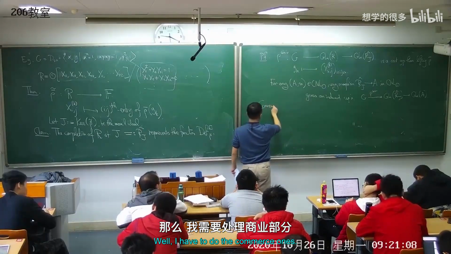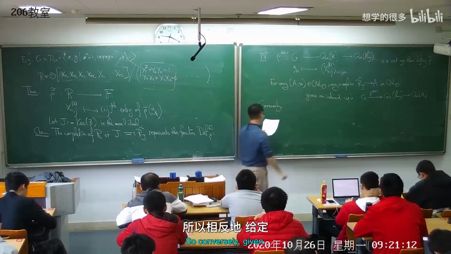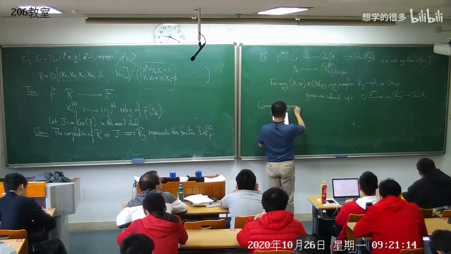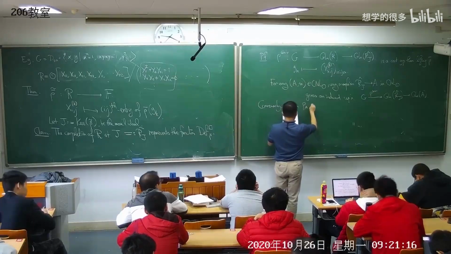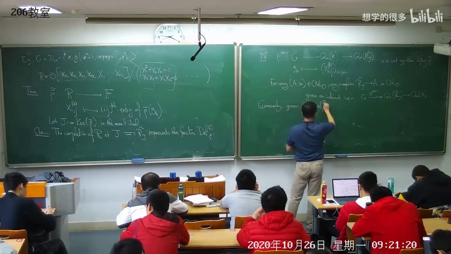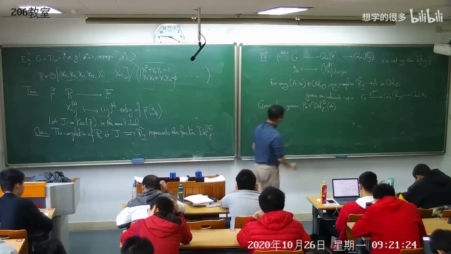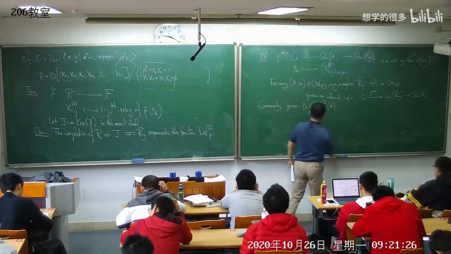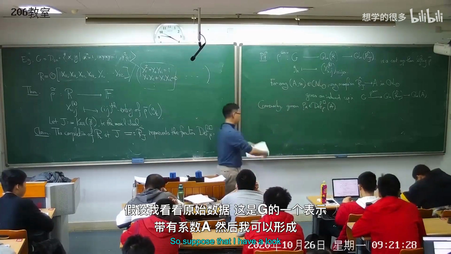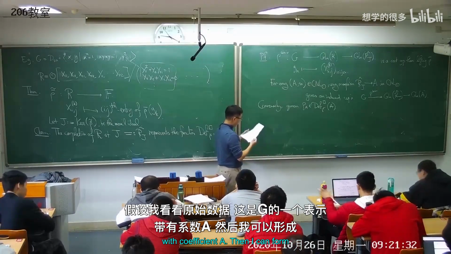Now I have to do the converse one. The converse one is the more difficult one. So conversely, given a rho A in here. So suppose that I have a lift of rho bar, a representation of G with coefficient A, then